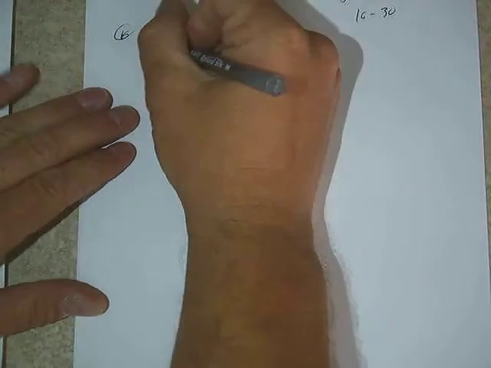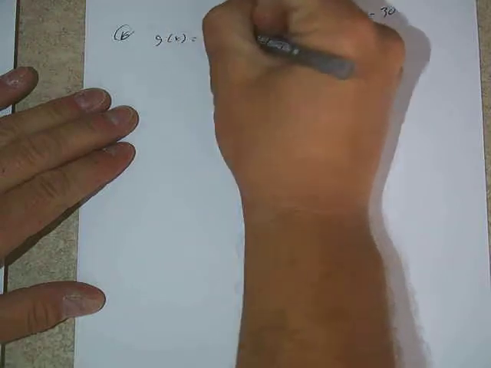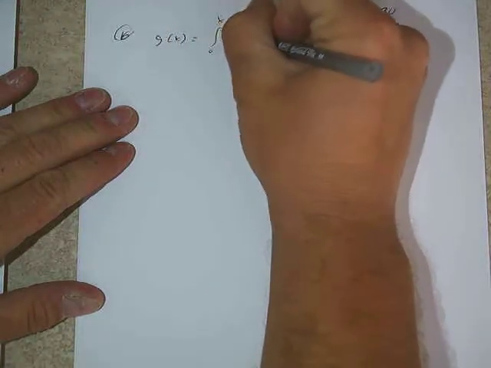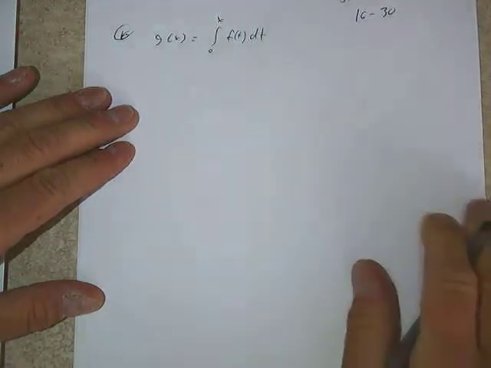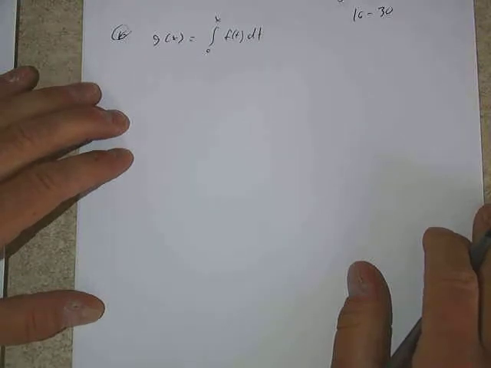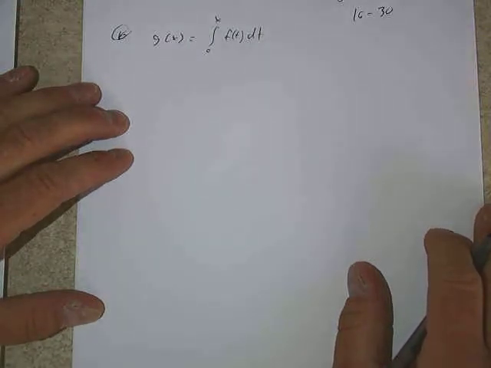Okay, number 16, we start here. It gives us a graph of a function, and it says it's differentiable, and it says the graph has a relative minimum at 1 and a relative maximum at 5. And it says let g be the function defined by the integral of this f, from 0 to x. And it says here, for what values of x does the graph of g change from concave up to concave